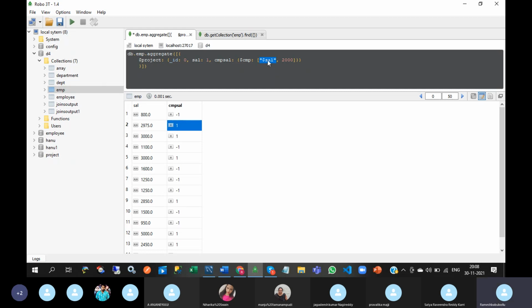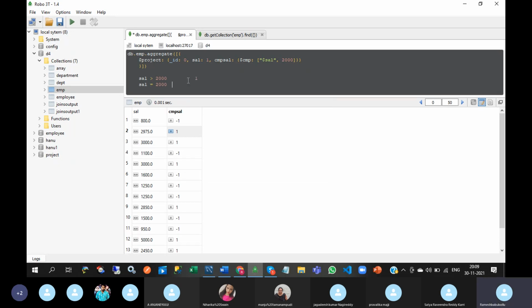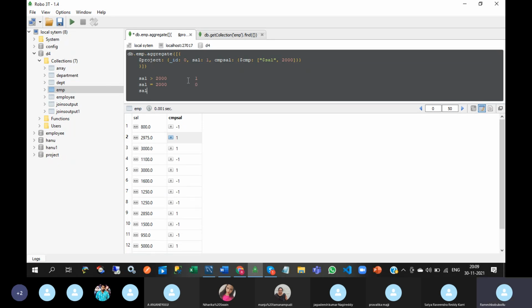If it is equal, then it will return 0. So if salary is greater than 2000, it will return 1. If salary equals 2000, it will return 0. If salary is less than 2000, it will return -1. Observe this, 800 is less than 2000, so it will return -1.